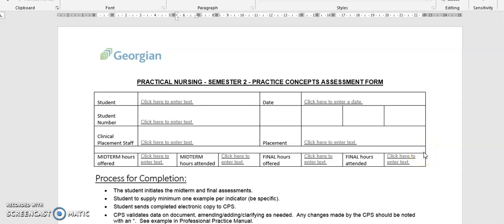This is a brief explanation of how to complete the final evaluation for your practice concepts assessment form. This is a requirement for successful completion of clinical this semester. You will use exactly the same form as you did for your midterm, so you will already have this information